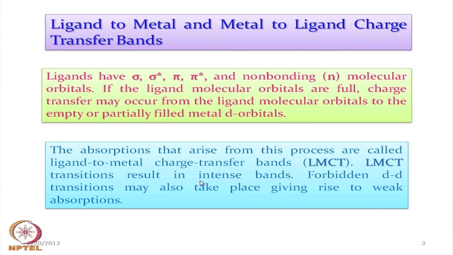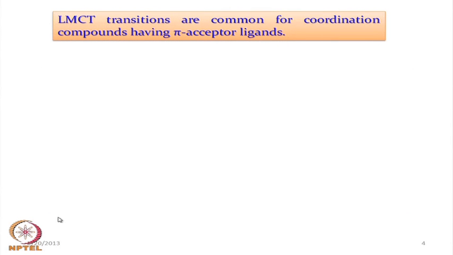And LMCT transitions result in intense bands, since the probability is very high for these transitions compared to the forbidden d-d transitions, and the forbidden d-d transition may also take place, giving rise to weak absorptions. At the same time, under the envelope of this LMCT band, sometimes we also find d-d transitions which are within the corresponding charge transfer band. So, we have the ligand to metal charge transfer transition, which is very common for coordination compounds having